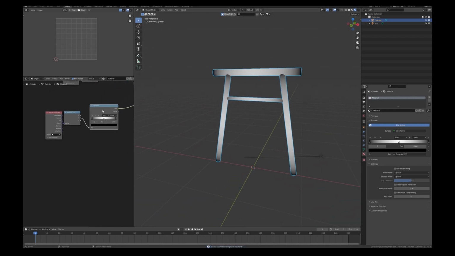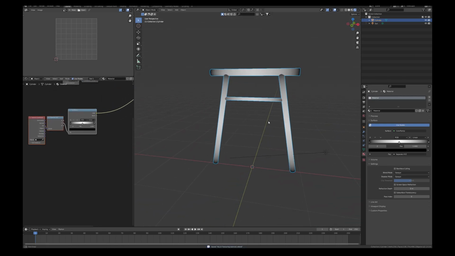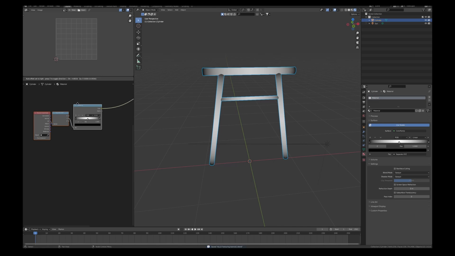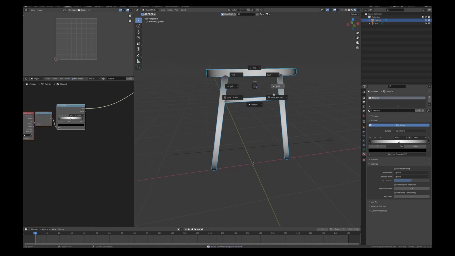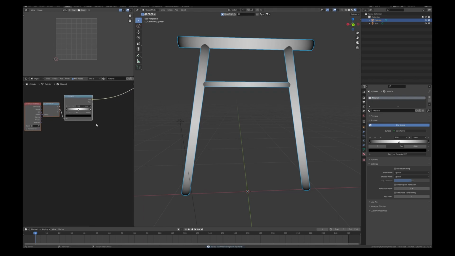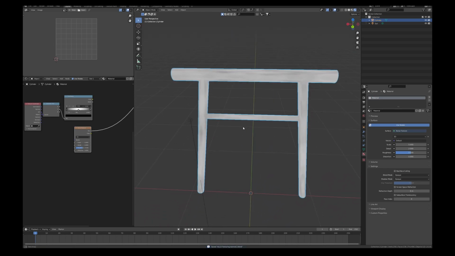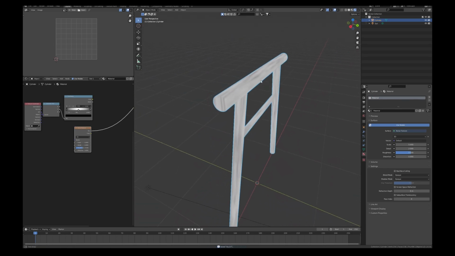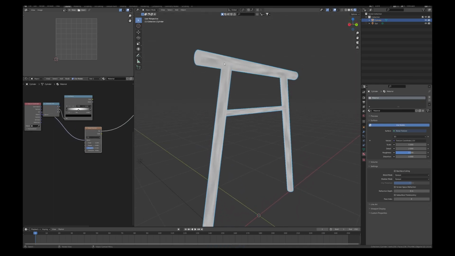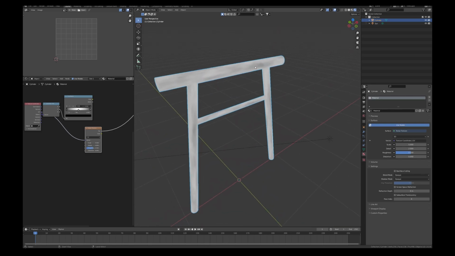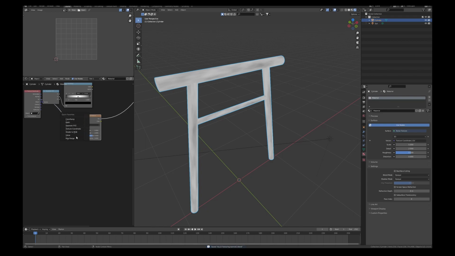Okay, so now that we have a kind of mask showing where the ends of our cylinders are, how do we actually get it to look like edgewear? This is a method that I actually see very few people use, but it's really helpful for me. I usually grab a noise texture. In this case, I'm going to use the UV coordinates to get it to line up with the direction of the cylinders. And I'm going to, where's the mapping node? I'm going to stretch it a bit on the Y,